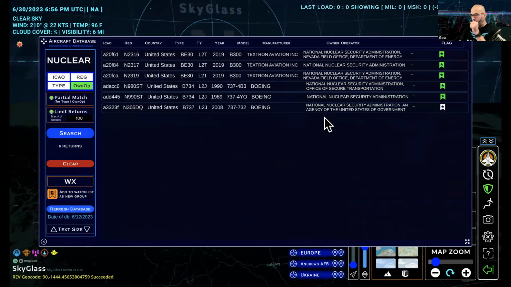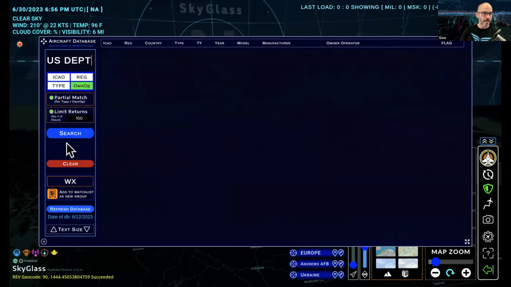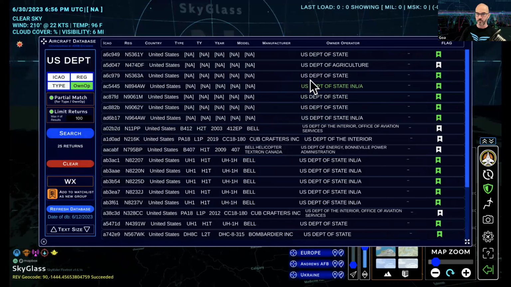United Nations. I would put in probably United Nations. Again, just keep in mind things like department, the DEPT. There'll be a lot of Department of State. So let me do US DEPT and search. It's not all the way spelled out, and if I typed in department, that's not going to pop those either. So you'll need to do sort of two searches to gather that data. But again, you can always just keep them as the same, like US